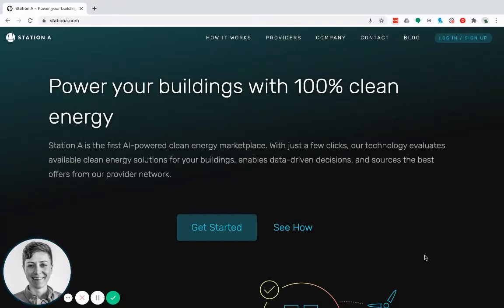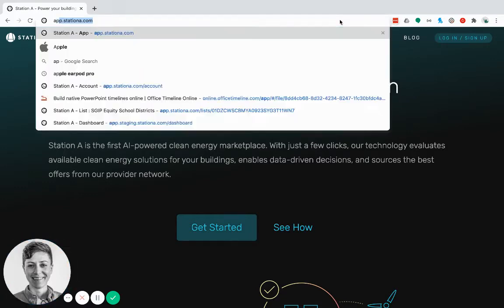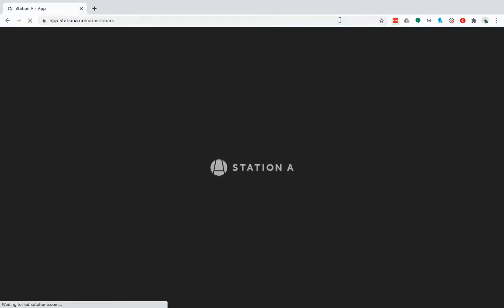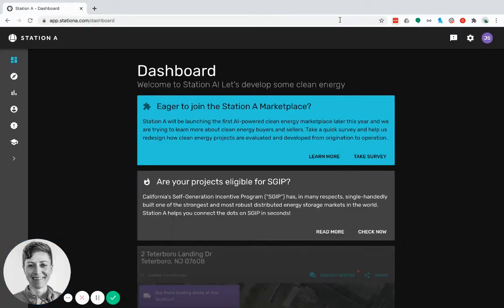Logging in to the Station A app can be done either from stationa.com by clicking on the blue button in the upper right, or by navigating directly to app.stationa.com. You'll know you've logged in successfully when you land on your dashboard and see your initials in the upper right-hand